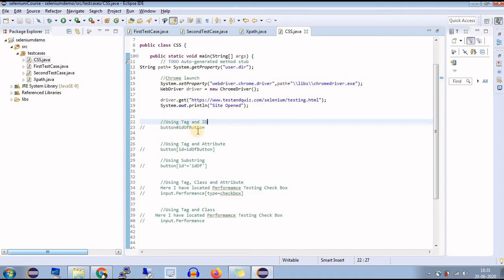The first one is for the submit button, the second one is also for the submit button, and the third one is using substring matches for the submit button. The last two are for the checkbox, the performance testing checkbox. And the last one, tag and class, is also for the performance testing checkbox. So I have 5 different examples, so you try these examples on your own and then check the answers.